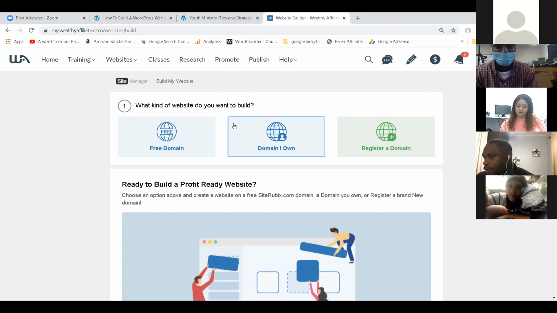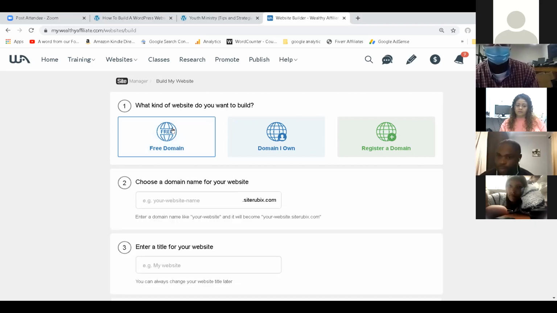So when you get logged in, you set up your account, you just click free domain right there. So you could choose the same domain that you typed in the first page. I typed in live Zoom class, okay? So that's going to be my domain. If my business was selling shoes, I could type in the best shoes. If my business was maybe a book I just wrote called On the Cutting Edge, I could probably type that in, but it does need to be available. It's going to tell you right here, okay, if it's available.